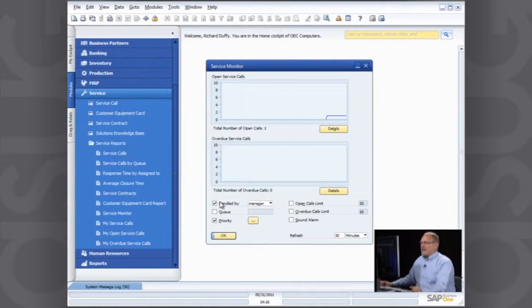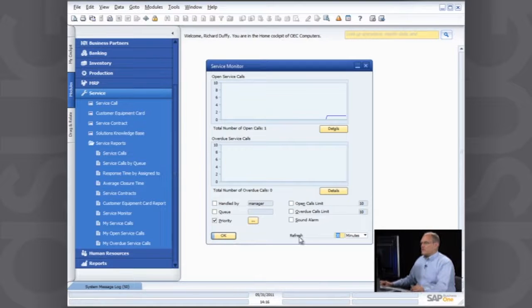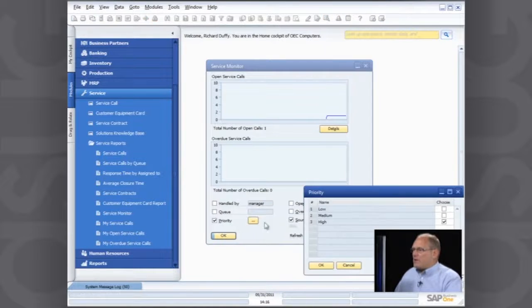I can narrow this down. I'll say I want to see all the service calls being handled by everyone. I can specify a priority. I only want to track certain service calls. So for example, I only want to track high priority service calls. Then I can also specify how many open calls I want to have as a limit, how many overdue calls I want to have as a limit, and then if I've exceeded those limits, the system is going to start sounding an alarm. So if I go in here and I'm going to choose my priorities,